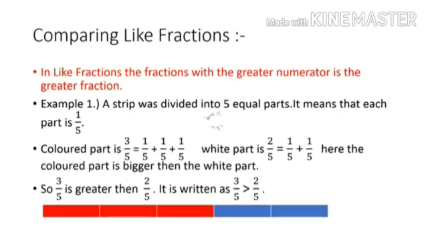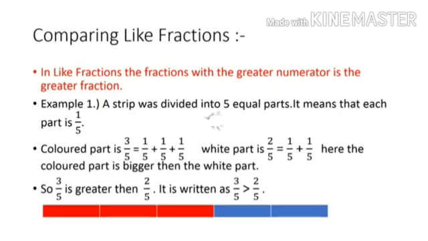Then the white part, actually here I have painted it as blue. So that blue part is 2 upon 5, which is again individually 1 upon 5 plus 1 upon 5. Which part is the bigger part? You can see that the red color part is the bigger part than the blue color part. So 3 upon 5, which is the red color part, is greater than 2 upon 5, which is the blue color part